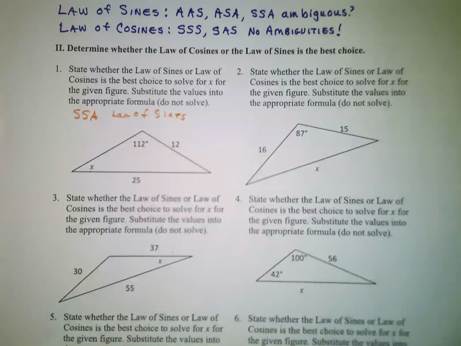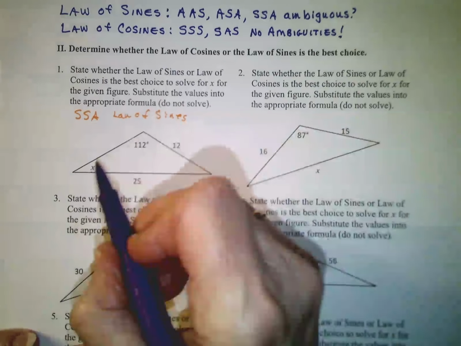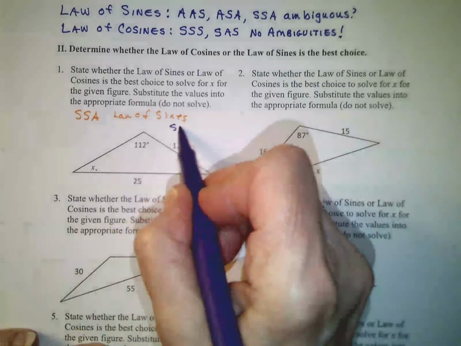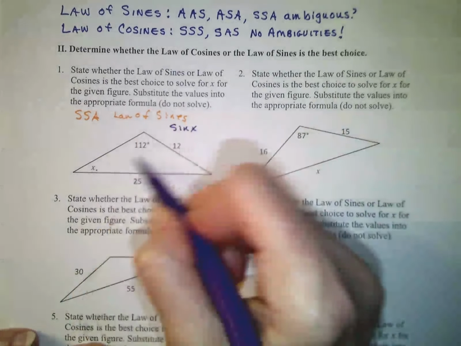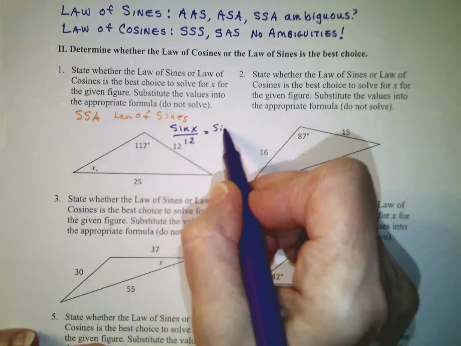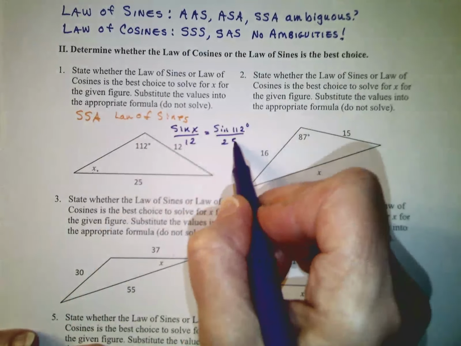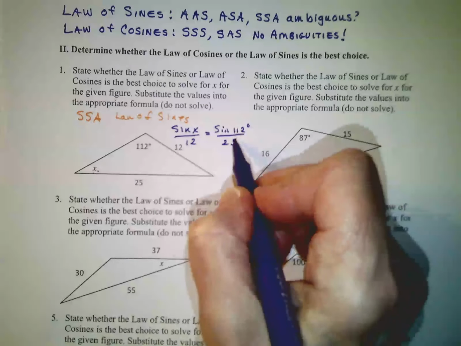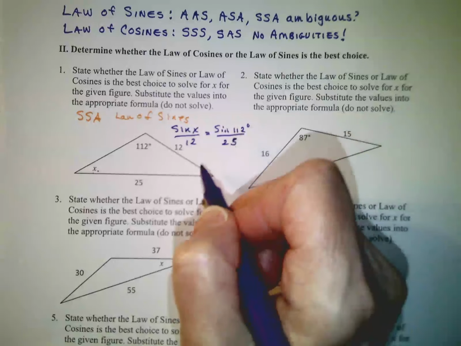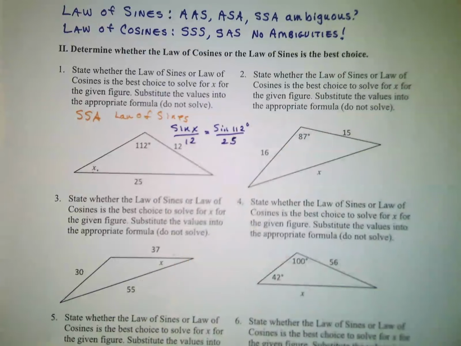So we can just go ahead, set up the proportions that the sine of angle x divided by its opposite side is going to have to equal the sine of 112 degrees divided by its opposite side, and we won't have to worry about getting the second angle that has the same sine value. That's it, just do the problem. Number 2,